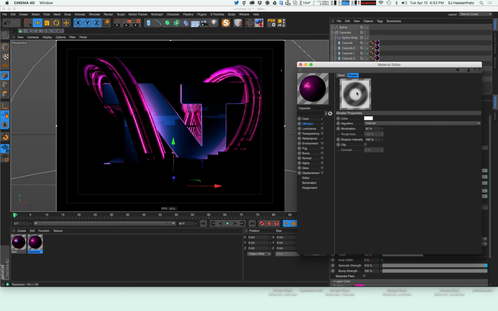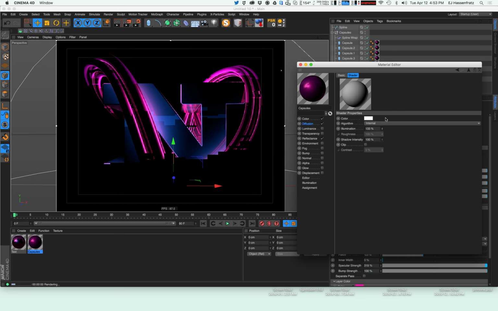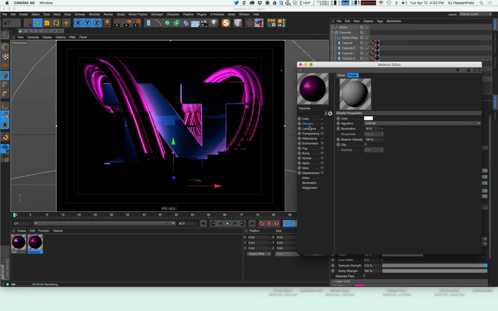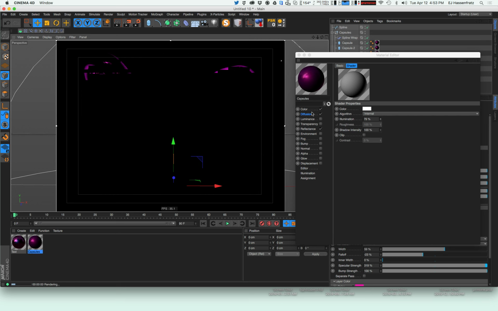Let's just go into this backlight and change this window to a sphere. Basically, you can see that it looks like it's getting lit from behind, so it's very aptly named the backlight. Sometimes it adds some really cool effects when this whole capsule mesh wrap thing is acting like the light source. This helps sell that effect even more. You can use that or not, but I think it adds a really nice effect there in the diffusion